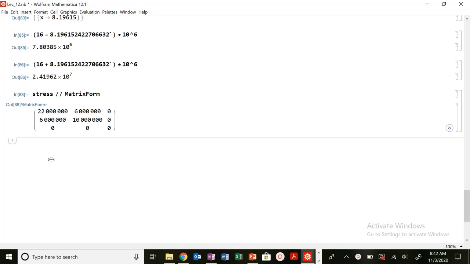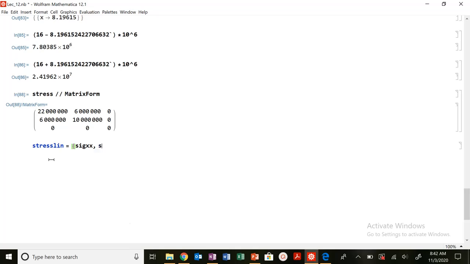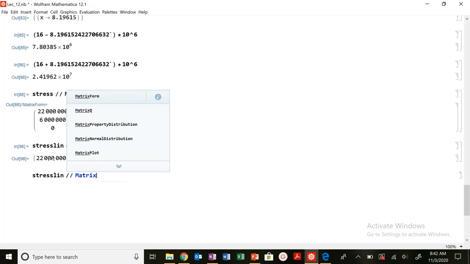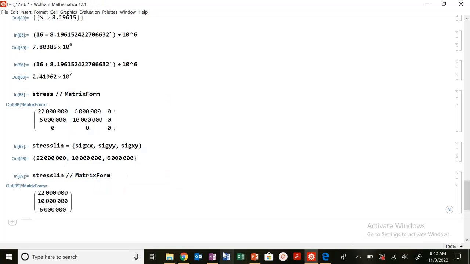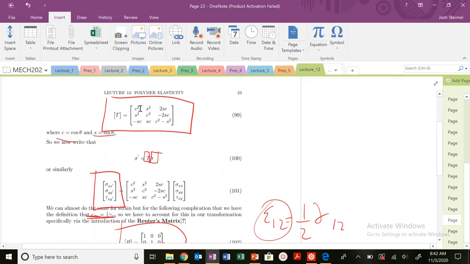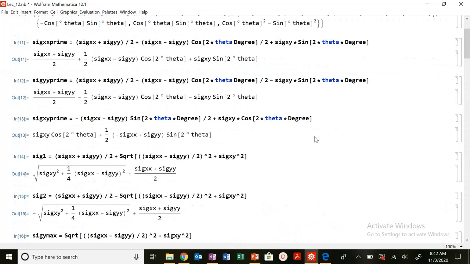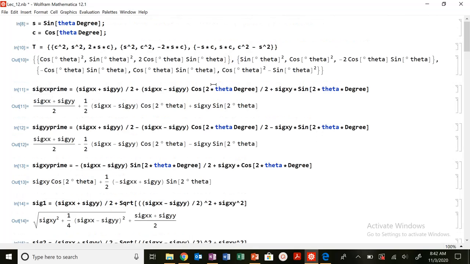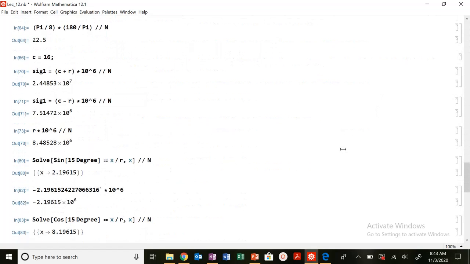So this is our stress tensor. I am going to use a little bit of a different notation. I'm going to call this stress lin, as in linear algebra. We're just going to look at our sigma xx, so that's going to be sig xx, sig yy, and sig xy. This is going to be our stress lin. Let's look at it in matrix form, which is just going to be a vector just like this. Again, we're using this approach that we outlined in the notes, where we could use this transformation matrix T, and we defined that already in our Mathematica notebook all the way at the top right here. Again, using degree mode in Mathematica, make sure to do that